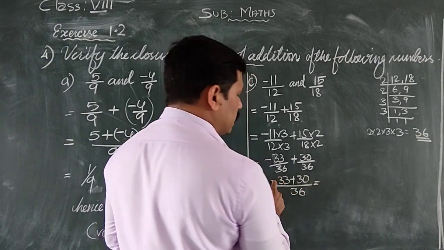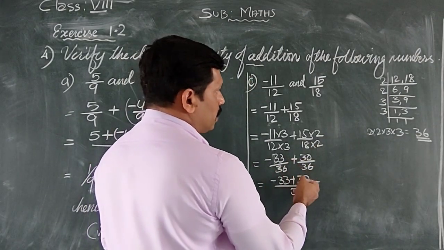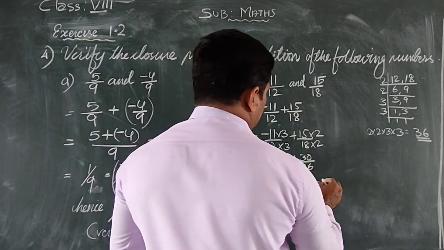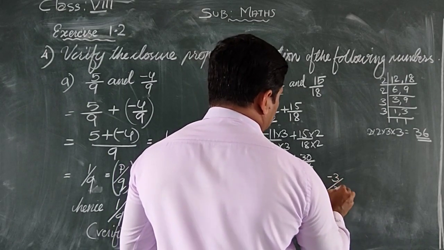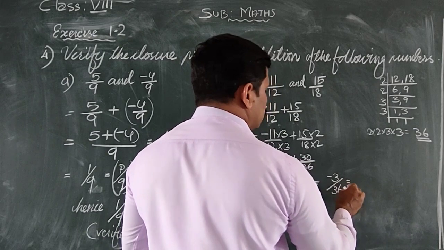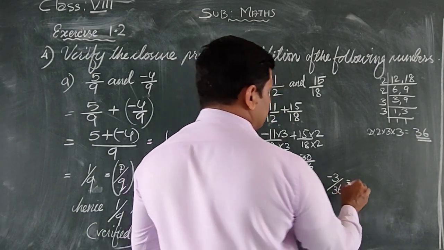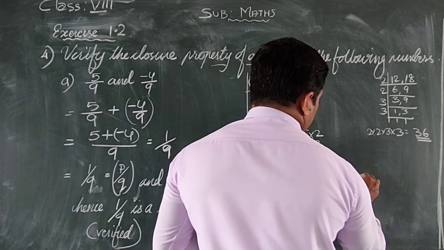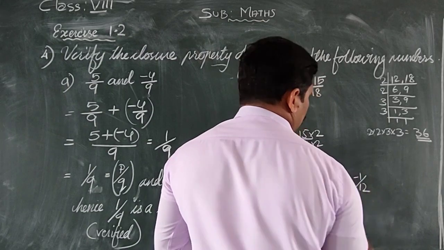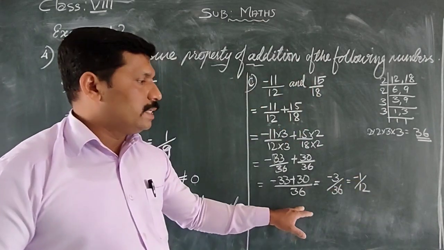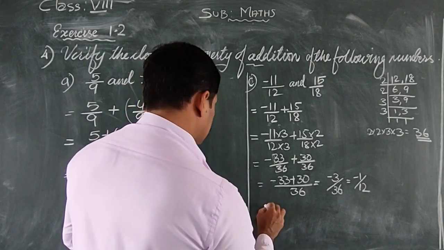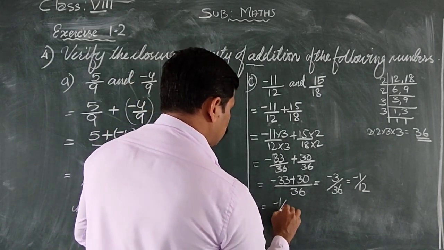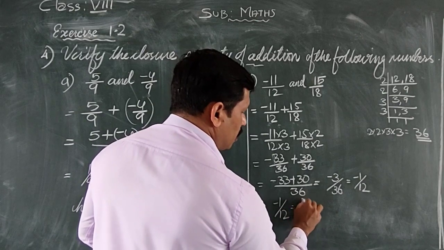That is equal to, one is a negative number, another is a positive number. Therefore, we subtract that, then we get negative 3 upon 36. Negative 3 upon 36, again we can cut by 3 itself, is equal to negative 1 upon 12. This negative 1 upon 12 is a rational number. The reason is that you can see that negative 1 upon 12 is in the form of P upon Q,